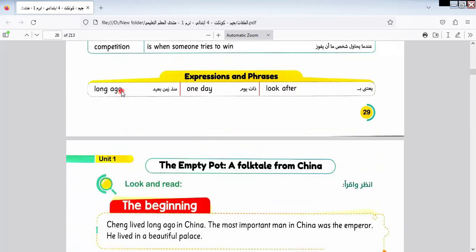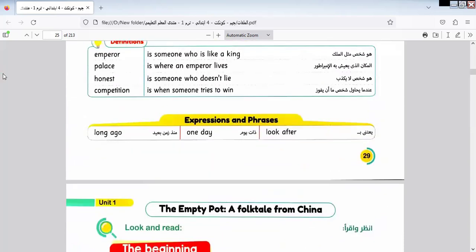Here we have some expressions like long ago, one day, look after. Look after is like what? It's like take care, okay? It is the meaning of take care. I think I explained this in the last video, but I make a revision to remind you what I told you